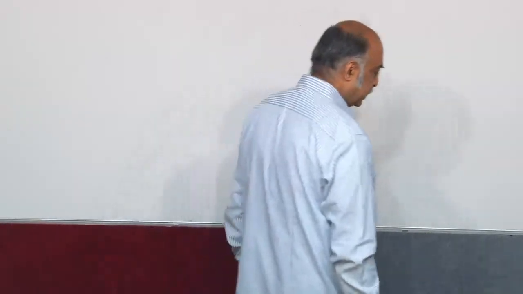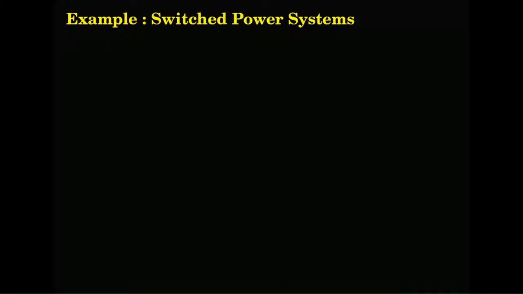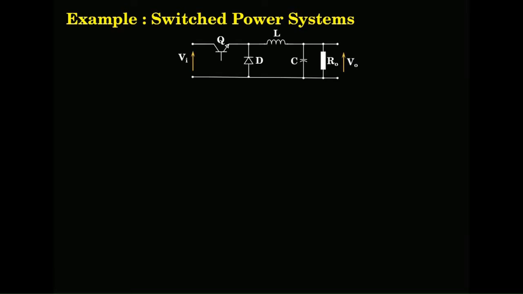In the case of the power electronics, you have the converters, various DC-DC converters, DC-AC converters, all are based on the operation of switches. Okay. So, those kind of systems called the switched power system has some speciality, and that is what we will look at and see how we go about getting the model for that using the bond graph and the methods that we have discussed till now. Okay. So, I will take a very simple example without complicating, but the procedure that we will go through is valid for whatever may be the degree of complexity.